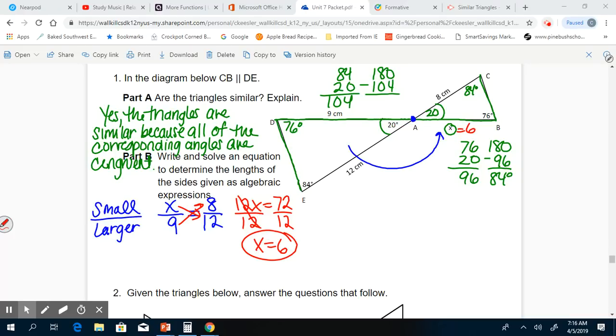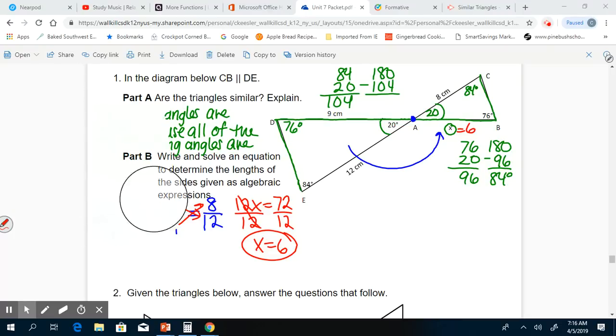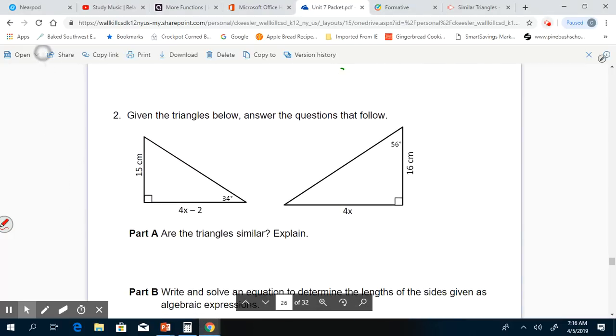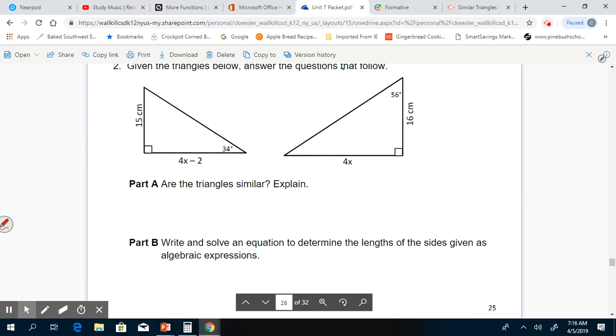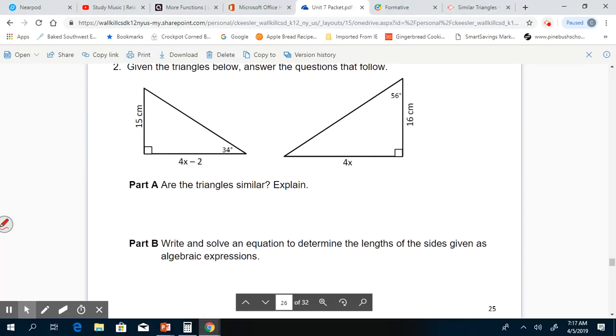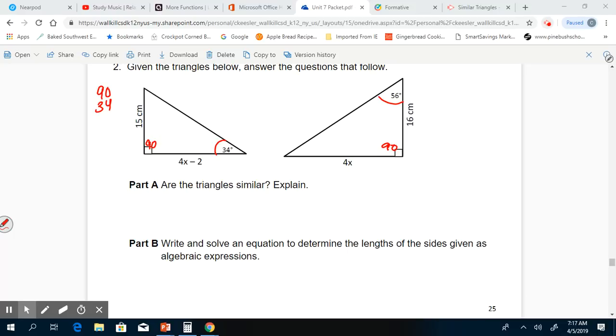Okay, so number 2 is going to be similar to that. Let's go through and see what we can do with that one. So again, in this case, we have two triangles that we have to prove are similar before we can go ahead and find the missing values. So in this case, we have 90 and 90, then 34 and 56. So we want to prove that the third angle in each of these cases would make these two similar. So we have 90 plus 34 is 124, and 180 minus 124